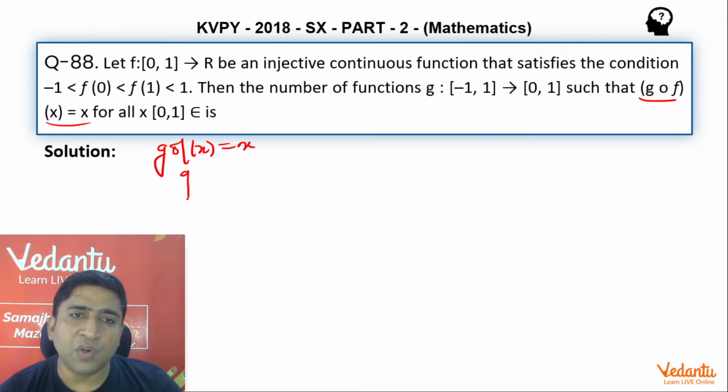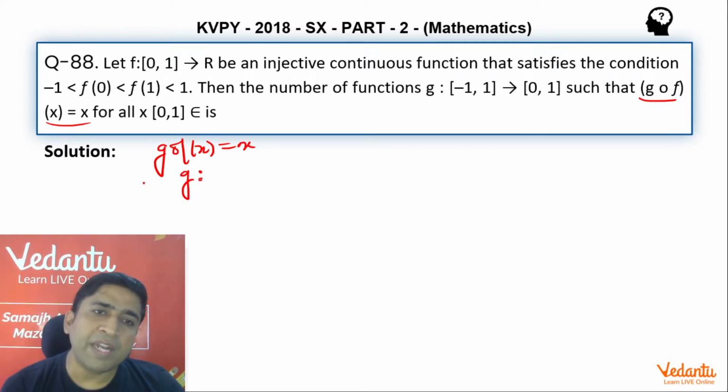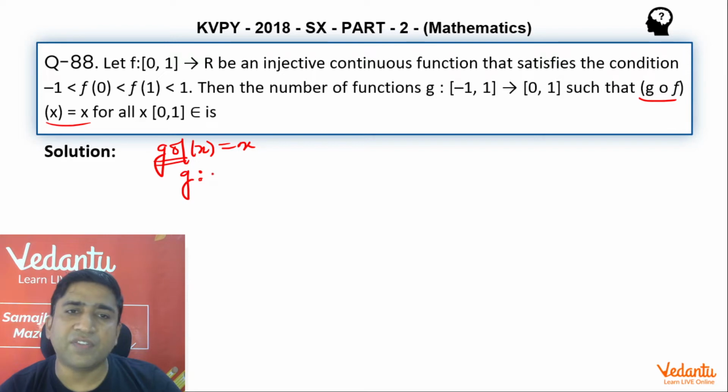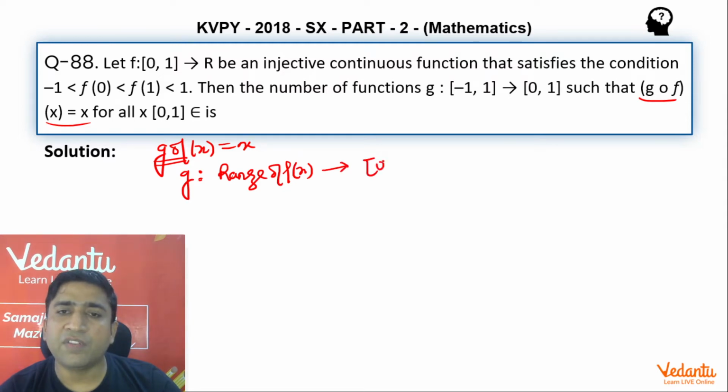that inside g, when I'm trying to visualize g(x), definitely inside g I'll be getting the outputs of f(x). So the range of f(x) is where g is defined, mapping to the closed interval [0, 1].